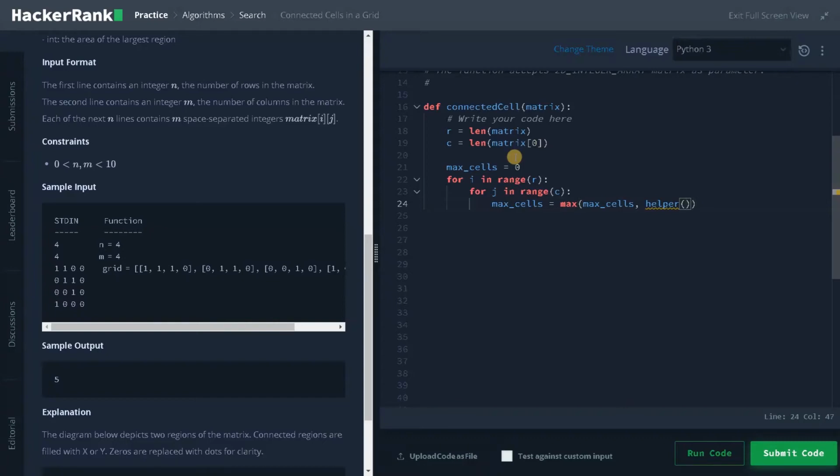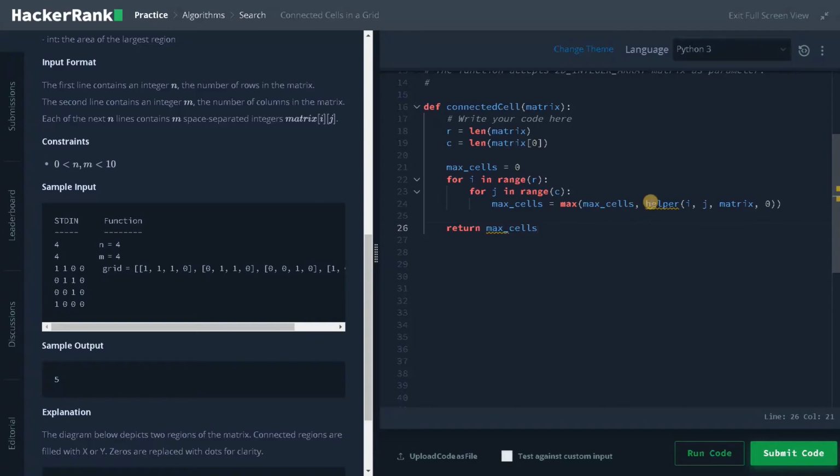In the helper function, I will pass the index, that is i comma j, with the matrix and the count. That means the count of the region. Initially it will be 0. And after doing all the operations, we will return max cells.